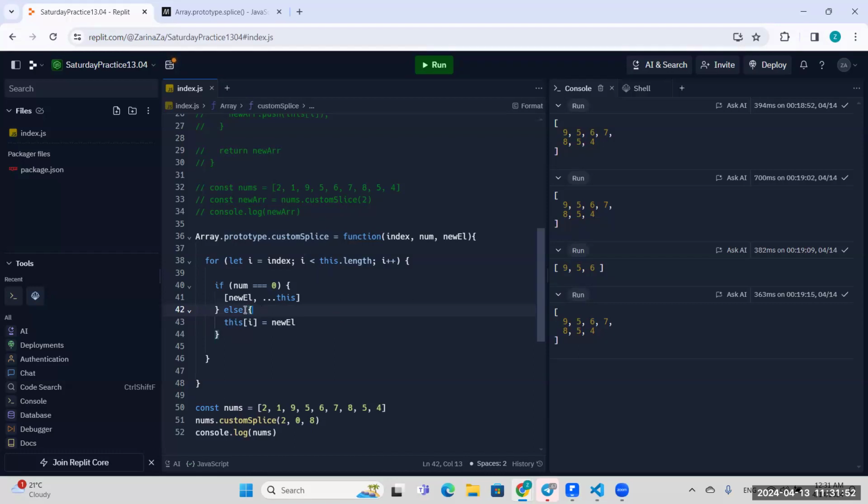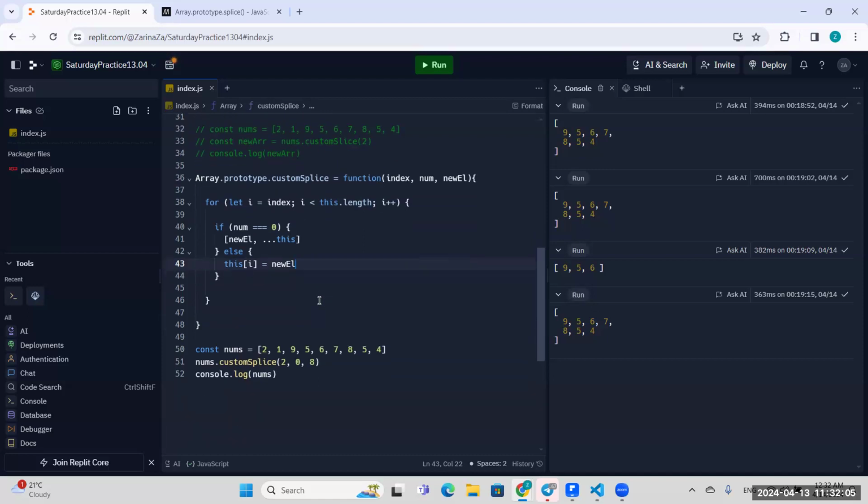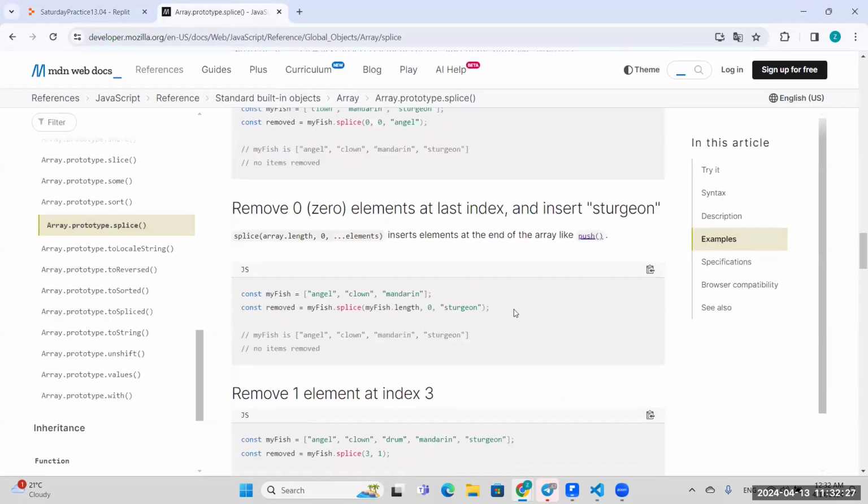But for example, here at line 41, we have the new element, and it will be introduced instead of